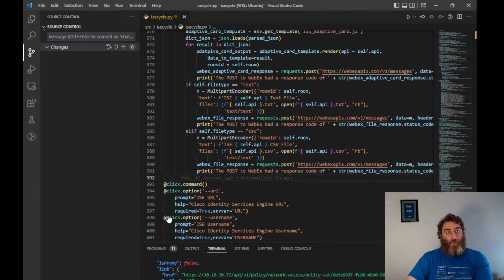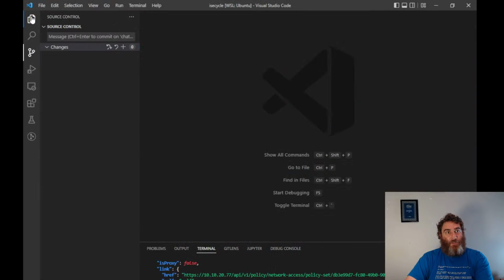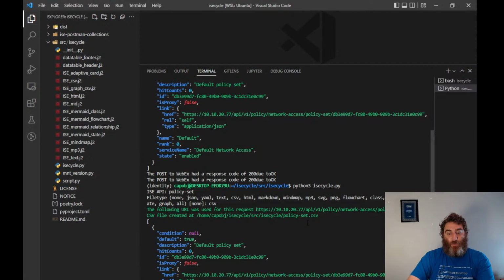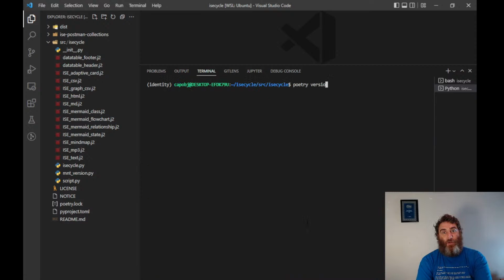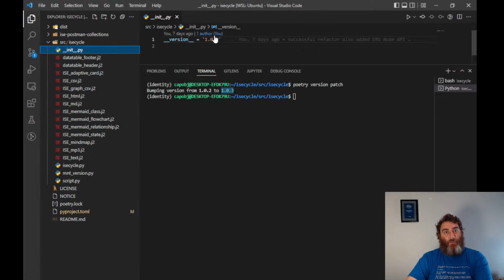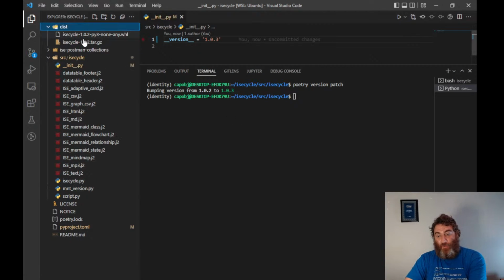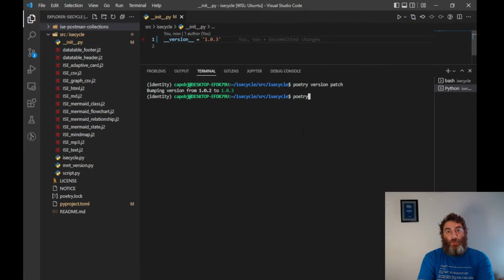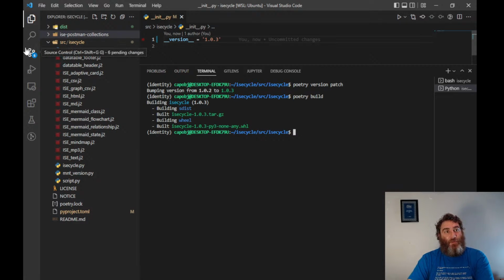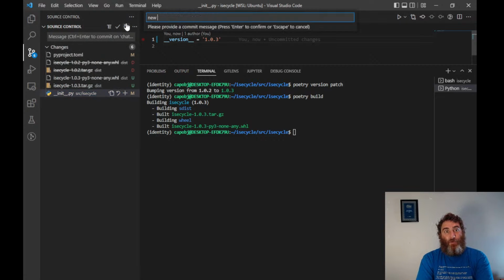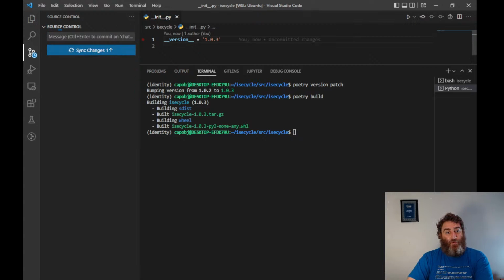And now let me get it up onto the poetry. So what I'm going to do here, in case you missed the poetry stuff earlier, we're going to say poetry version patch. That brings us up to 103, which I'm going to update in my init file, 103. I'm going to delete my old build. I'm going to say poetry. Well, that means I've got to push that. Yeah, I did my push out of order. Poetry build. And let me push this code up. New pip build. Push that up into my